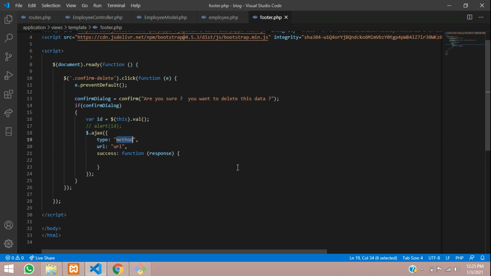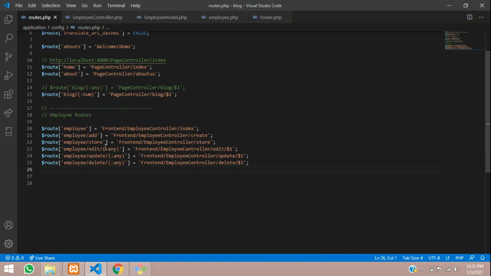Only the method we will keep, that is type delete, we will keep using it. Why we are using this delete is because we will be using it in a route, so we will be seeing that. So guys, now let's type that code for deleting. As you can see in the previous video, we have done something with this delete option. The same we will call, but we'll make a little difference into it, which I'll show you.